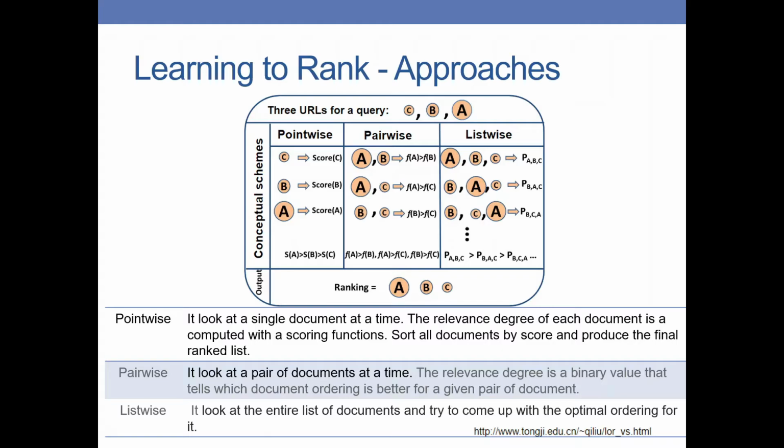For each document, a relevance degree or a numerical score value is assigned, and then using a scoring function, all the documents are sorted by score, and the final rank list is formed. Here, all the standard regression and classification algorithms can be directly applied in the case of the pointwise learning to rank